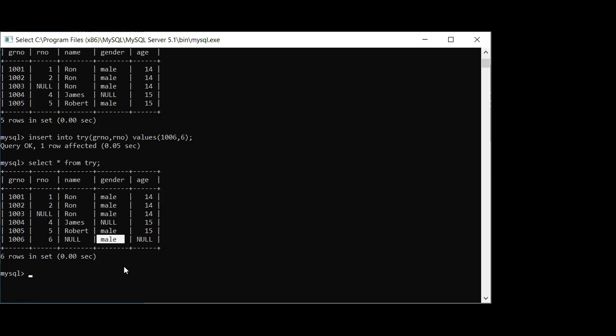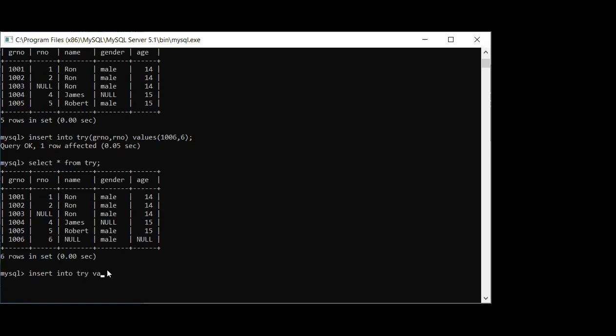Fine. Now we need to check for the age also, because for the age I have given one restriction that it should be greater than 10. But as I said, it will not work here. If you give an age less than 10 also, it will not give you an error. So we are saying that check will parse in MySQL, but it will not be enforced.